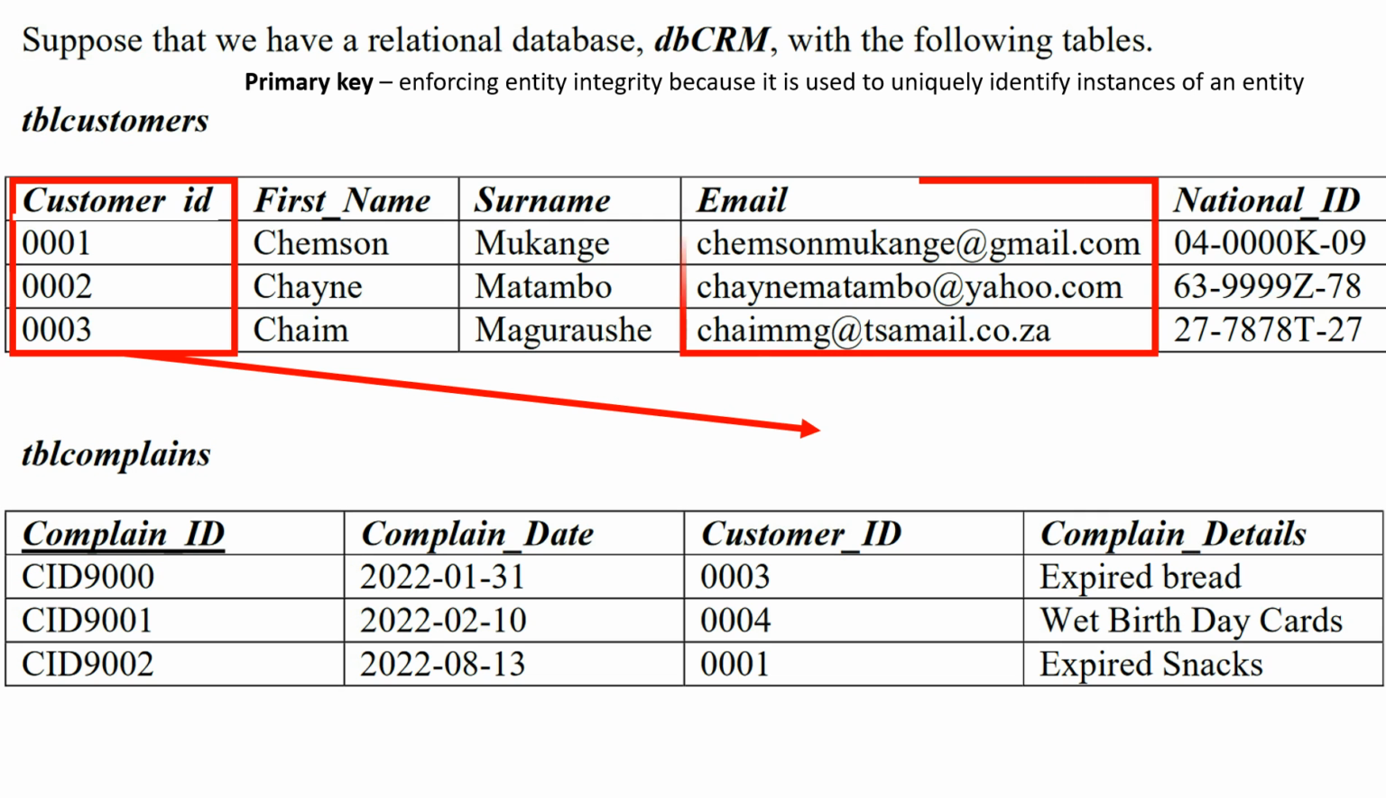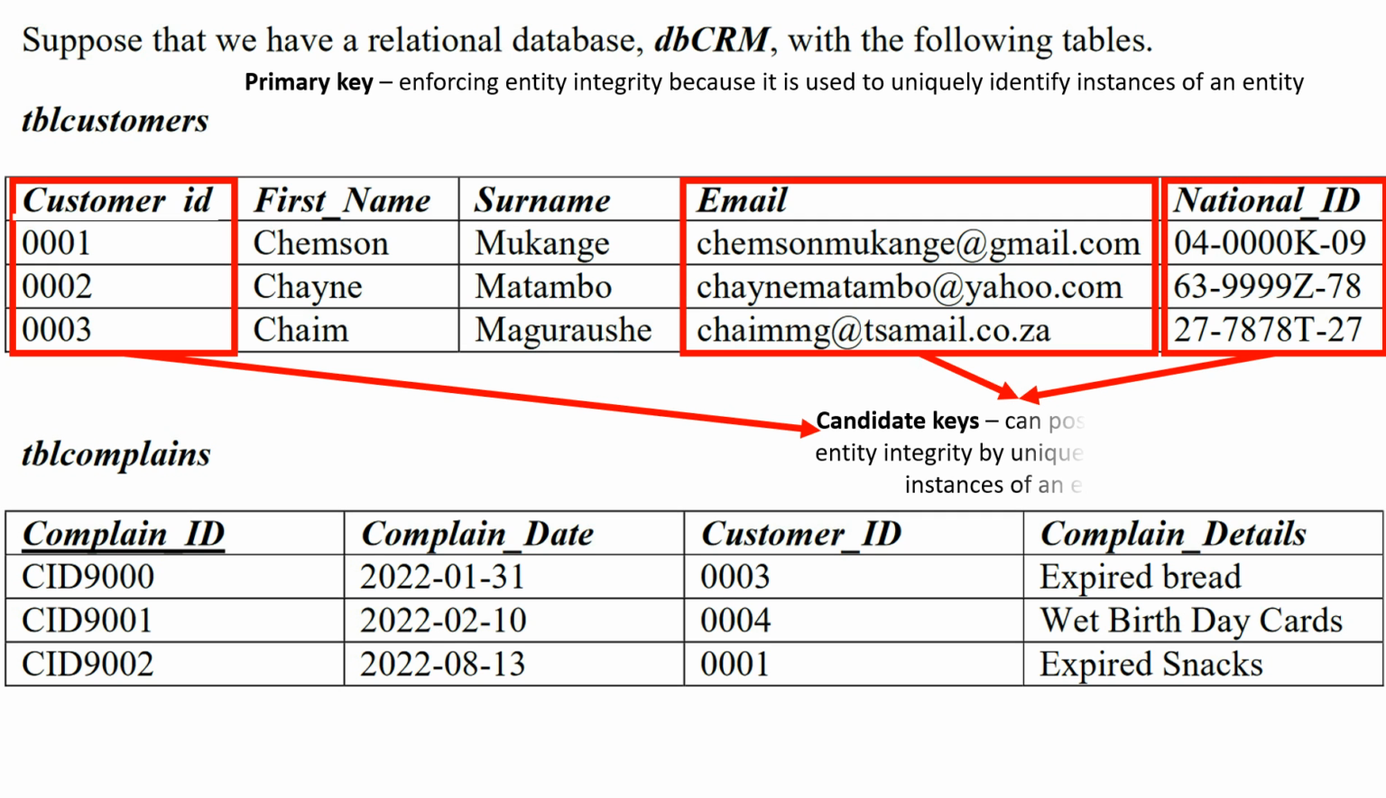use as primary keys, right? So we have email, national ID, and customer ID. So these are the candidate keys because they can possibly enforce entity integrity by uniquely identifying instances of an entity. That's why we have those three. So these three are the candidate keys. So from this set of candidate keys, that's where we choose the most relevant